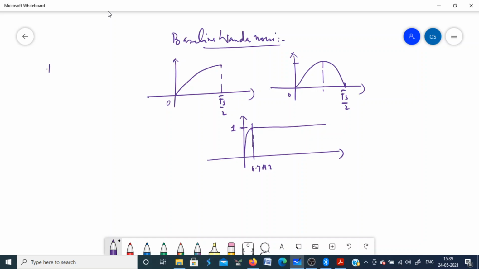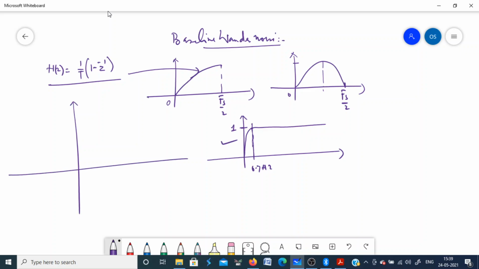So for the first order difference, you have a transfer function like this. It was 1 by T, 1 minus z inverse. Okay. Which gives you a frequency response like this. Now in order to achieve a frequency response like this, what do we do? We simply place one pole close to the 0. If you see the pole-zero plot of this transfer function,